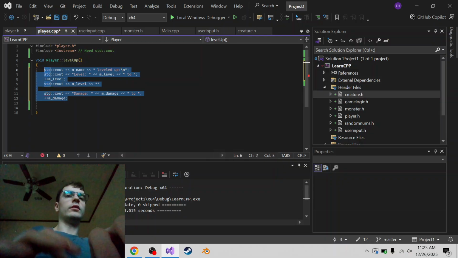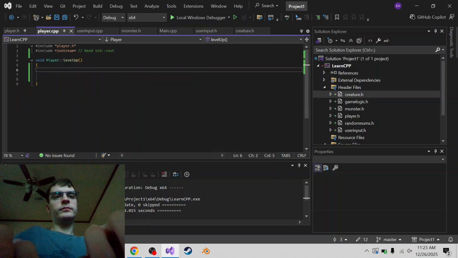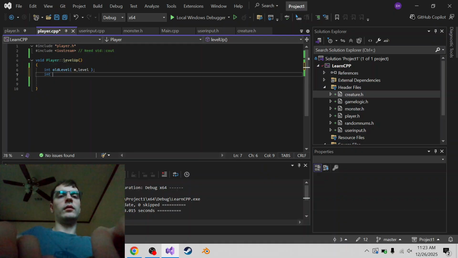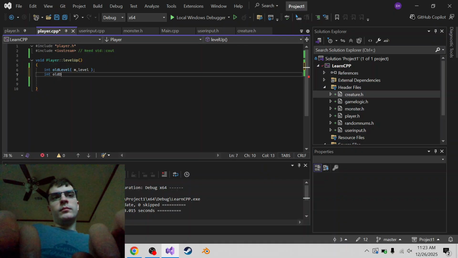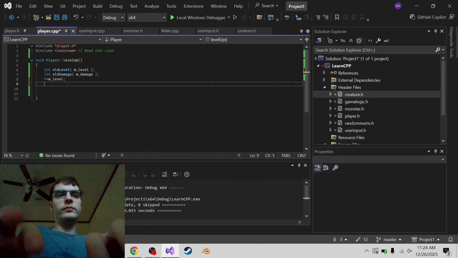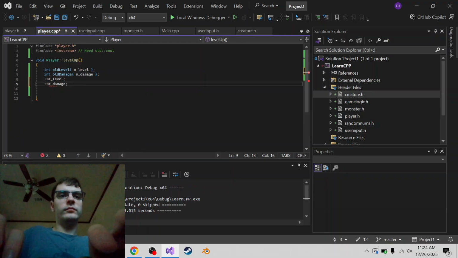I think it's just cleaner if we just have 2 separate variables. So we'll do int old level and level, int old damage and damage. Okay, and then we'll do increment and level, increment and damage,